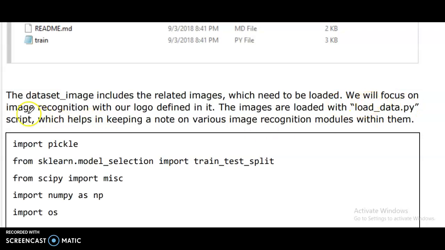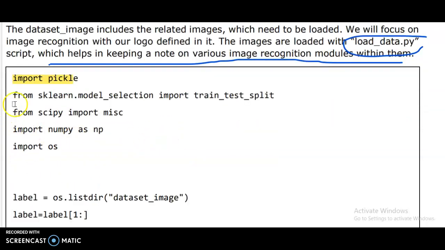We will focus on image recognition with our logo defined in it. The images are loaded with the load_data.py script, which helps in keeping a note on various image recognition models. Import pickle from